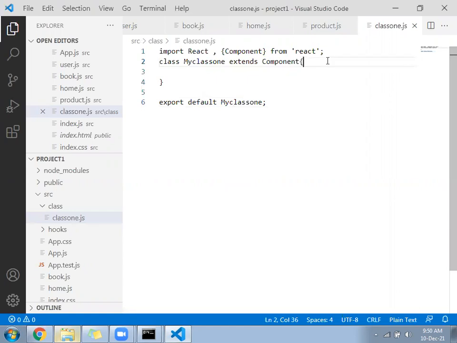This is the file of yesterday, class1.js. Inside we have written the class name as MyClass1. Hope all are there.